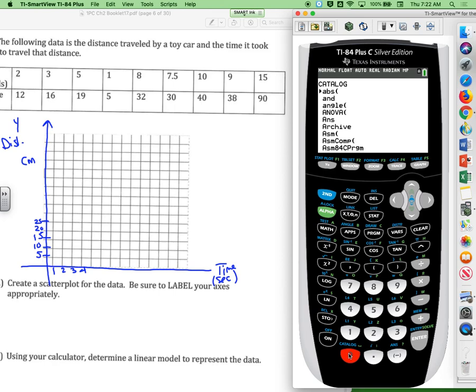Now this gives you an alphabetical listing of everything that's in the calculator there. So we want to go to D, which is diagnostic. So if you hit the X and the -1, you can see the D is in green. It'll take you to the beginning of the D's. And we're going to just arrow down